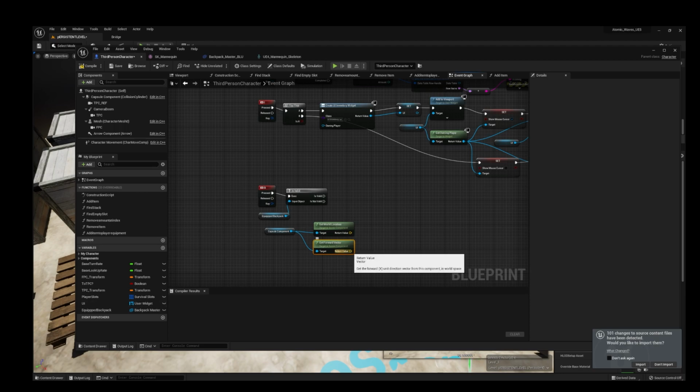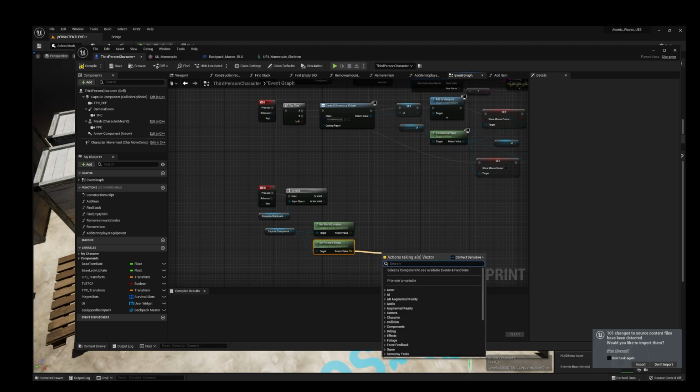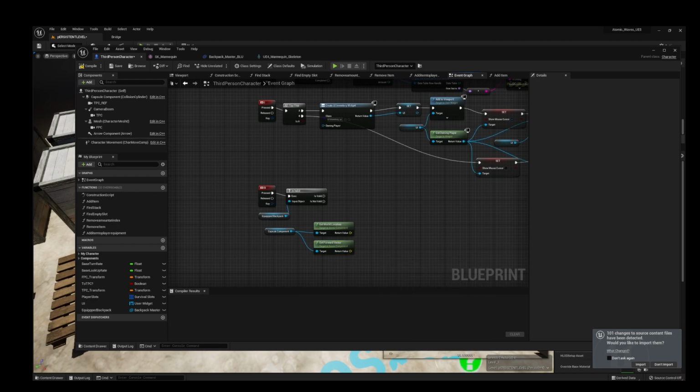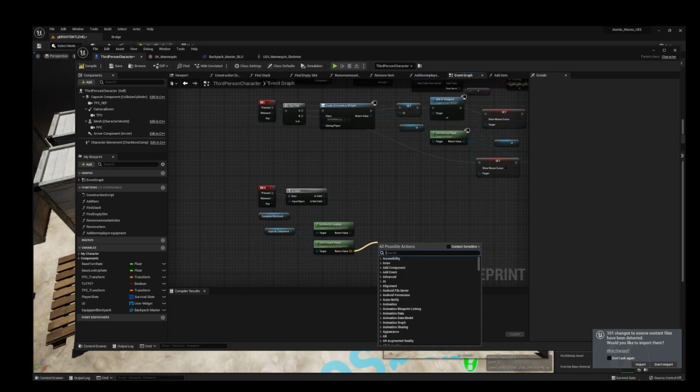And then what we're going to do is multiply. So we get a little multiplication sign, and we're going to multiply it by a vector. Sorry, I turned this off by accident. Let's multiply.